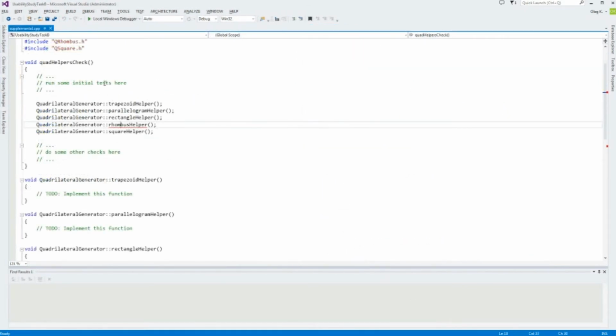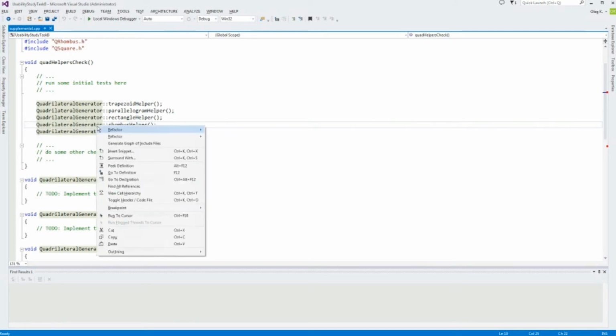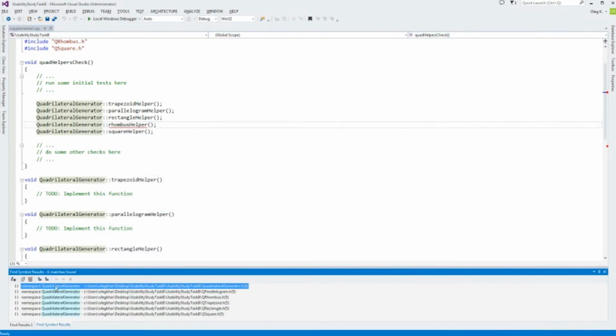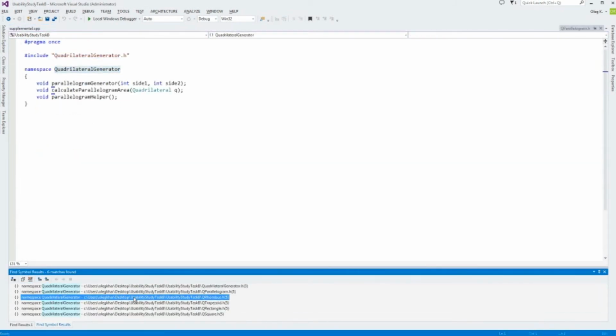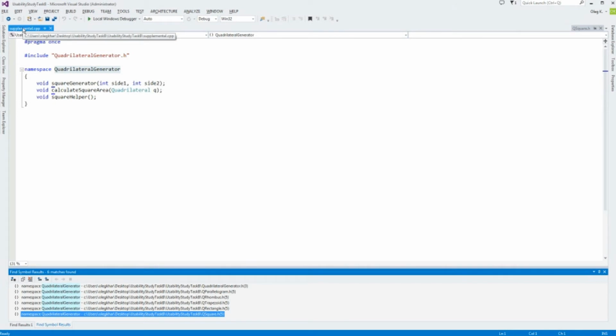Suppose we have a case where the function in question is defined as part of a namespace. In this case, a quadrilateral generator is not a class, it's a namespace, and it happens to be defined over multiple files. As you can see, we've run a go-to-definition command, and it's spread over several files. Now, obviously,